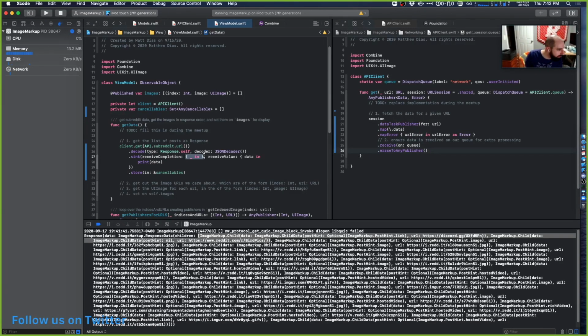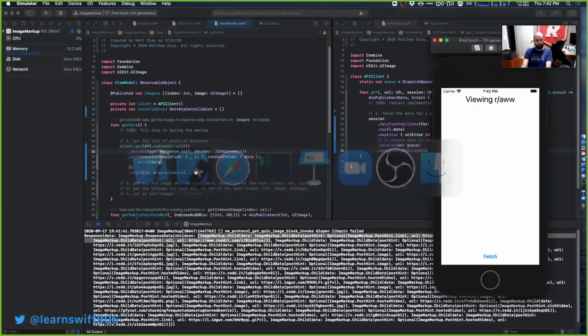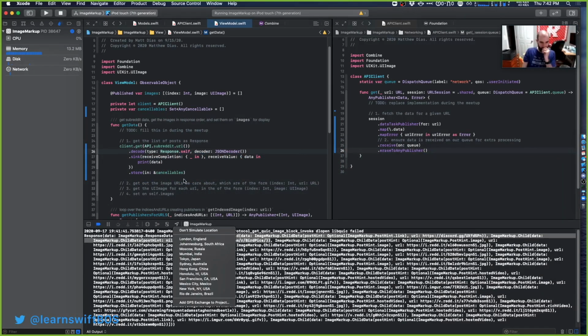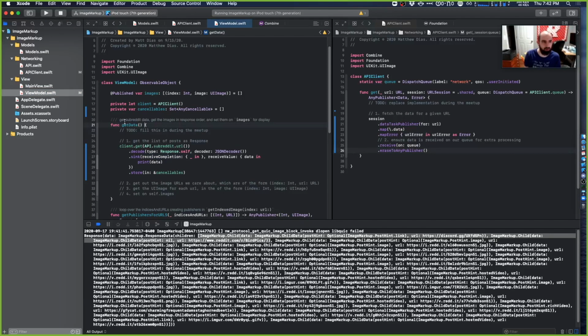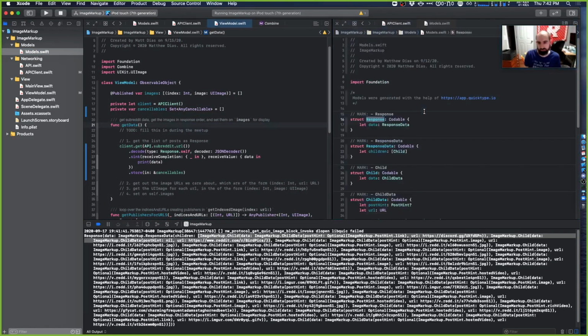Okay, now I only care about the image URLs because all I'm doing is loading images. I'm not displaying post titles. It's not going to be in the simulator, but I'm not displaying post titles or anything. I just want the image URLs. And it turns out that's slightly annoying to get, so we're just going to write a little utility function to do that. So in our models,